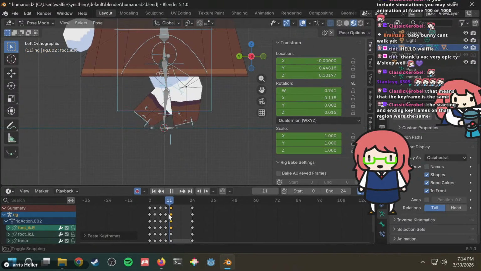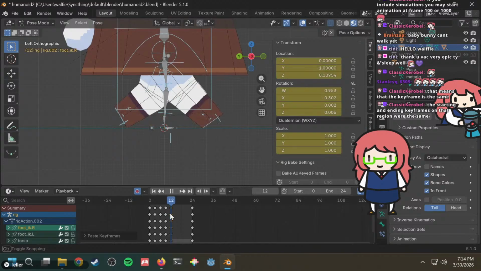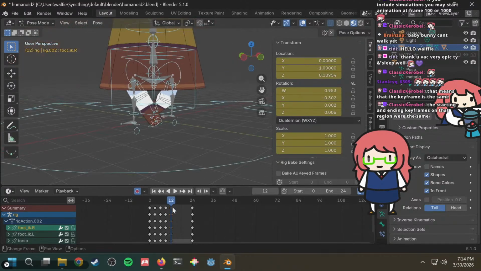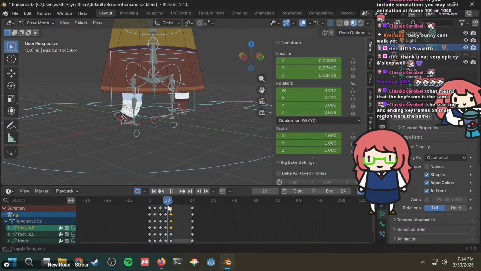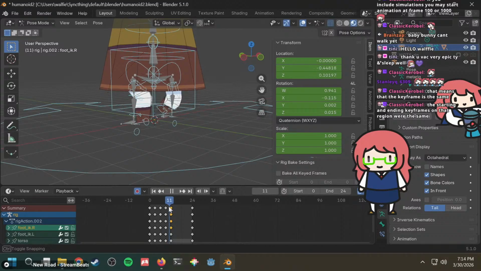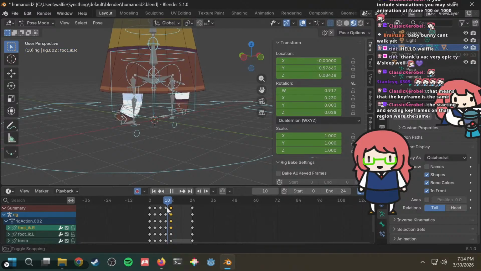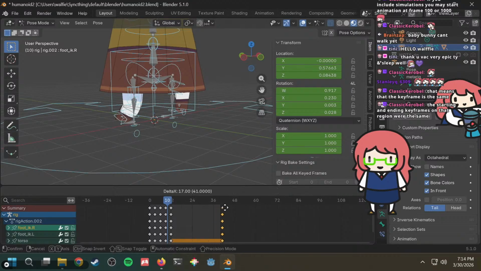This one. It's there. What the heck? Maybe I just need more frames. Maybe this needs to be, instead of 24, maybe this could be like 40. Maybe 40 frames. Move this one to frame 41.